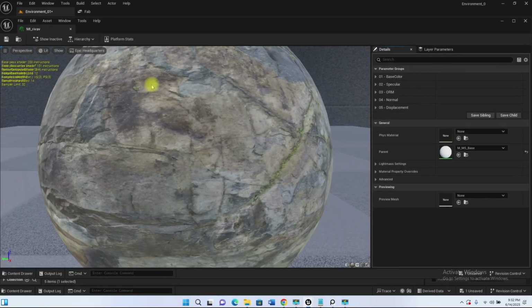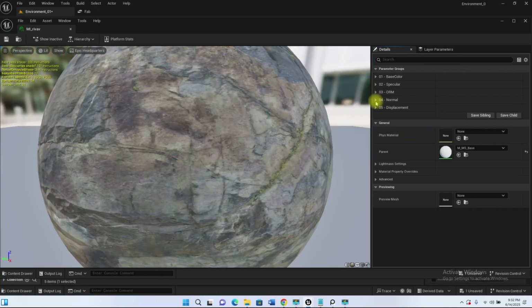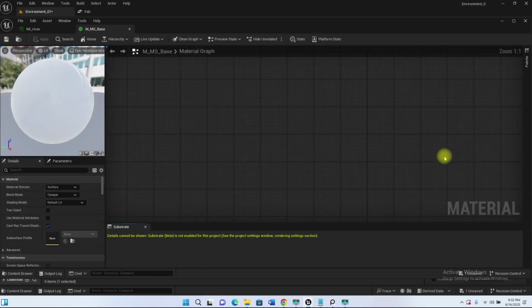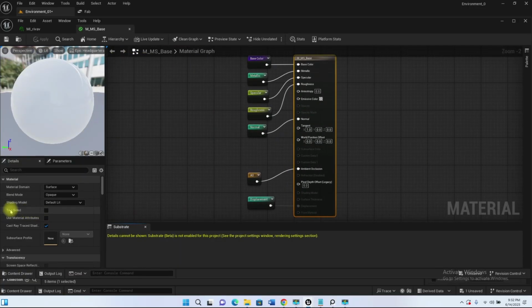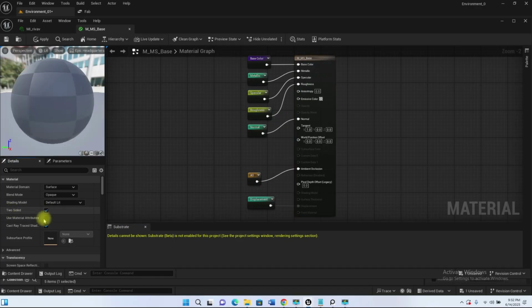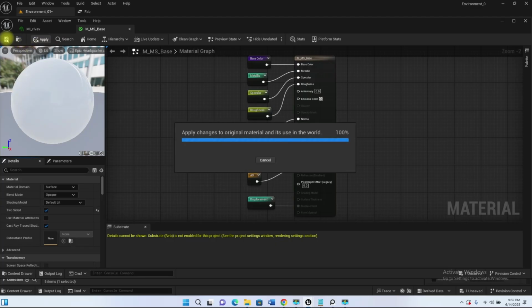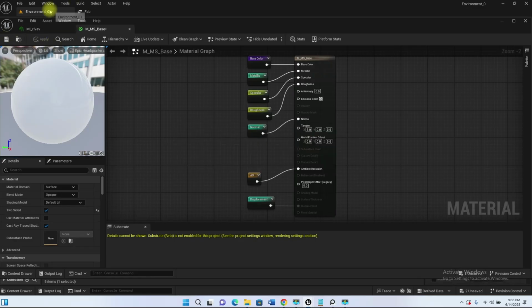It's going to take you to this material set. And because this was designed in such a way that there's a base material, if I go to the base by double clicking again, I have this option to click on two-sided. So once I click on two-sided and I apply and then save, what will happen next is by the time I go back to Unreal Engine, my workspace,